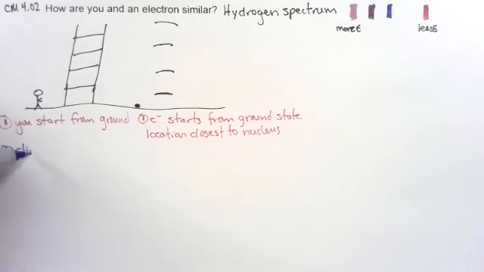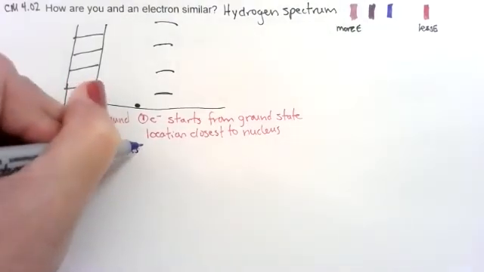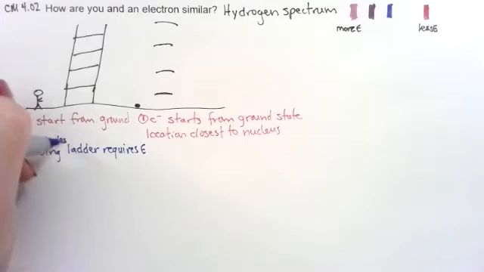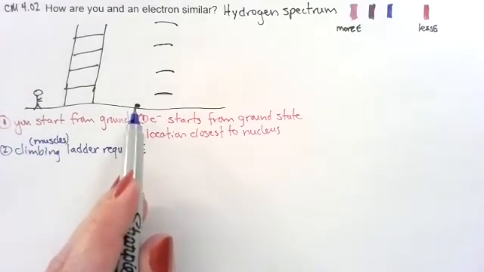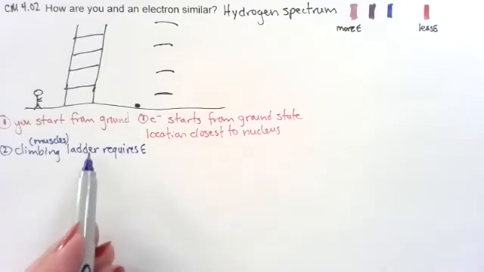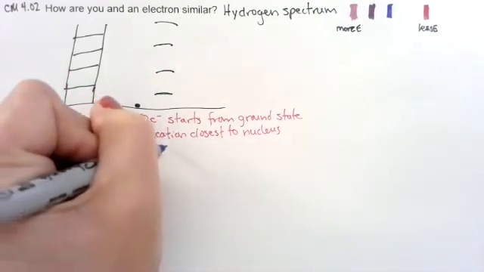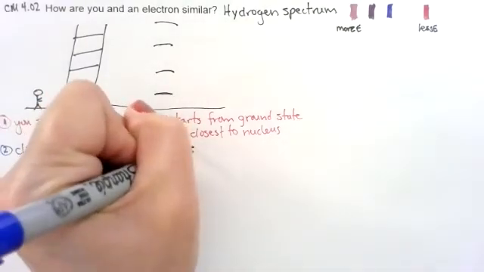So climbing the ladder requires energy. So again, we said for people, we're talking about muscles. Well, an electron's the same way. We have to put energy in. Obviously, electrons don't have muscles, but the way that we can put energy into an atom is through, so we're going to say the same thing, ditto, requires energy. But here we're going to put in electricity,